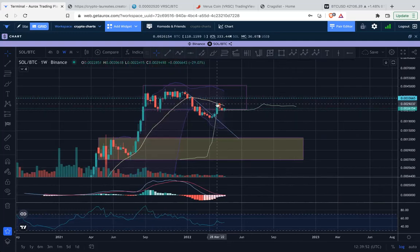Well, again, rejection at a 20-week moving average, two red candles, and now turning it around with some green support, and it's supporting right at the Ichimoku cloud. But the Bollinger Bands are quite wide, and you just got rejected at the 20-week moving average. However, having said that, doesn't mean you can't hop over it afterward. So maybe it does get a chance to hop back over it, and then you get into a stronger position, and you keep going